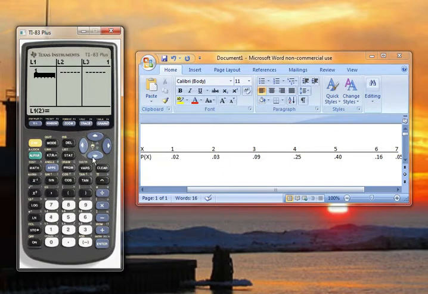So we have 1, down arrow, 2, down arrow, etc. Get that in kind of quickly, all the way to 7. And then we'll arrow over, and I'll put in the